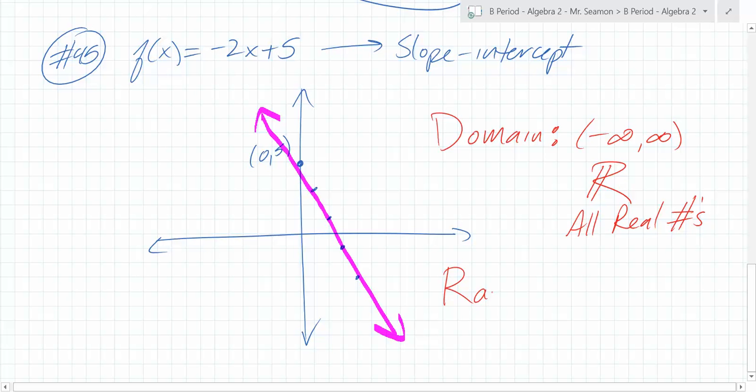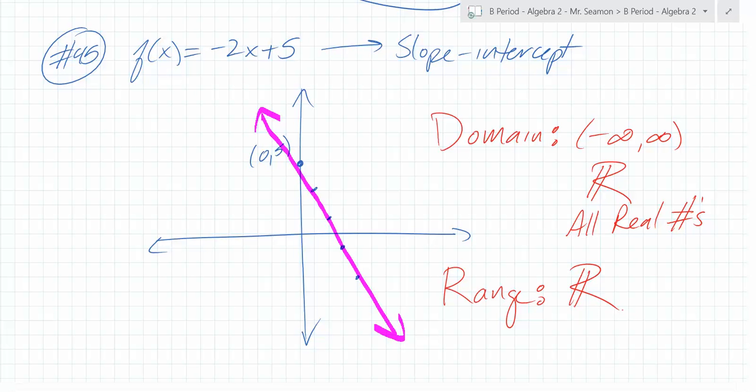What's the range? Correct. It is also all real numbers. How far up does it go? How far down does it go? Oh, it goes all the way up and all the way down. Does it skip over anything? Does it skip over anything horizontally? It covers the entire x-axis and it covers the entire